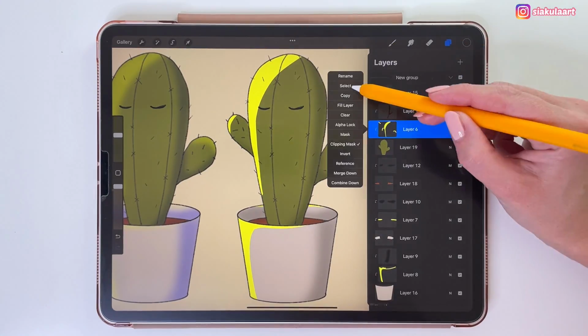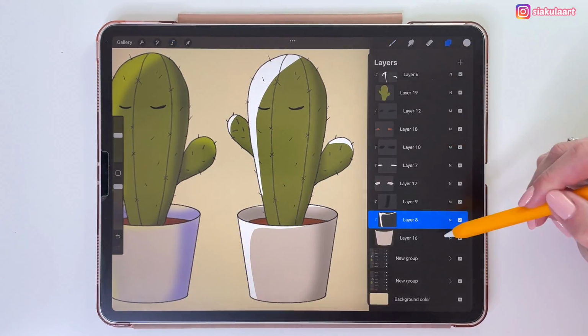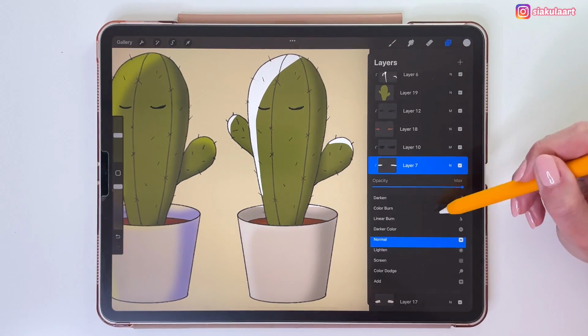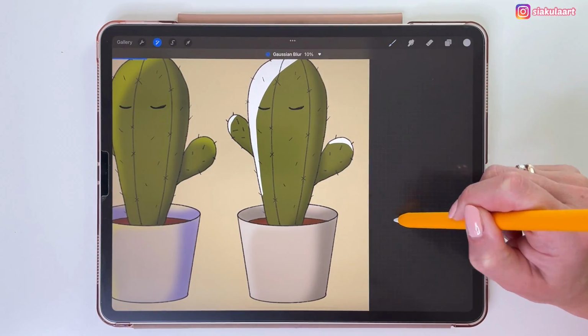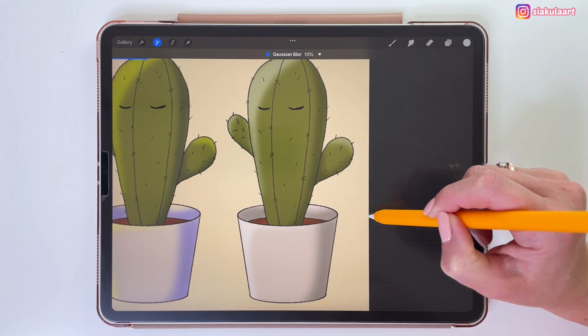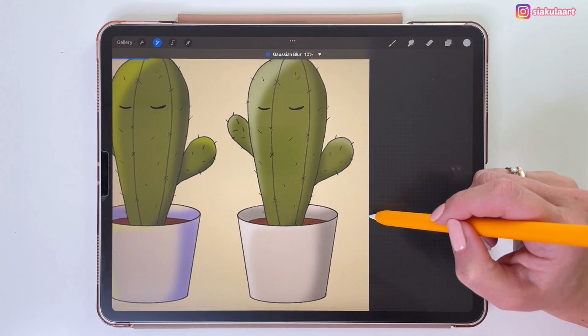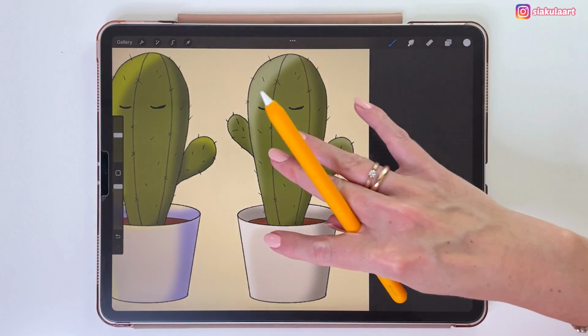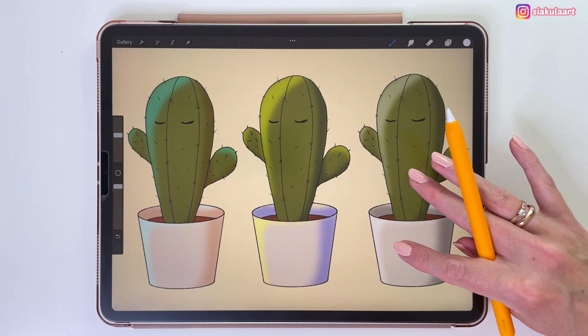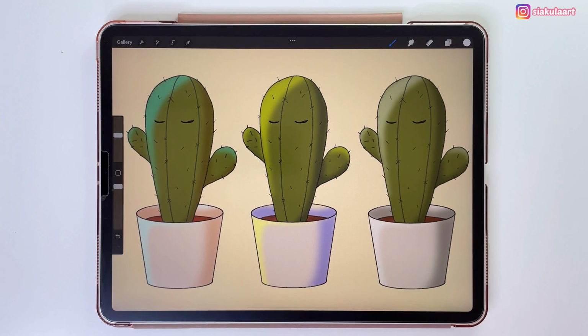Okay, and now it's time for the layers with the light. Let's change the color to white color, and I'm going to change the blending mode to hard light and turn down the opacity to 35% and add Gaussian blur. Okay, so this is how it would look like if we used white color for the light and black color for the shadow. I'm not saying it's bad, but I think the ones with the colored light and shadow look